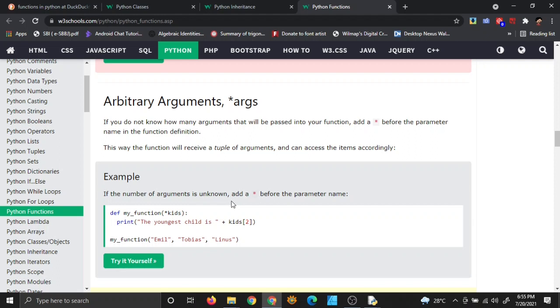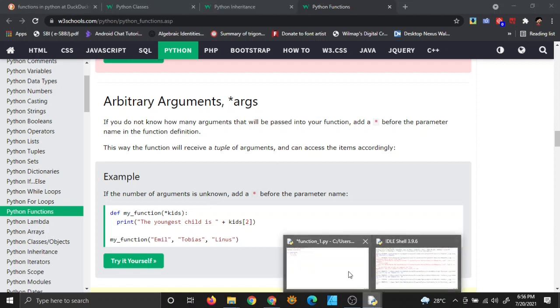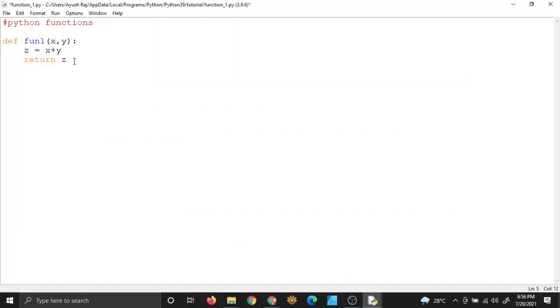You can use something like the star character in order to specify that you don't know how many arguments you will be getting, and you can access all those arguments like you can access arrays. So let me explain this a little better here.